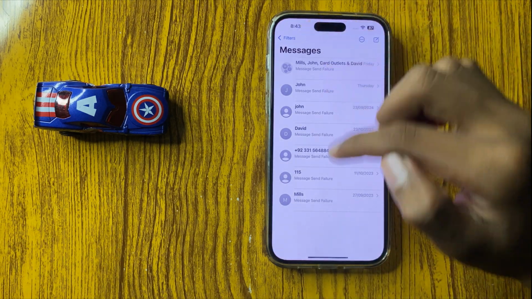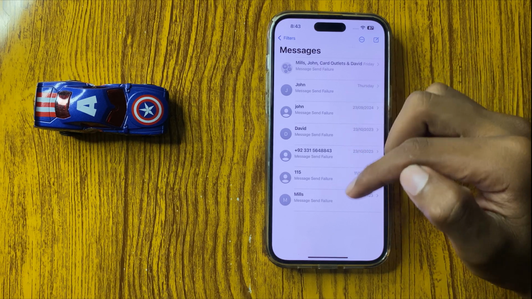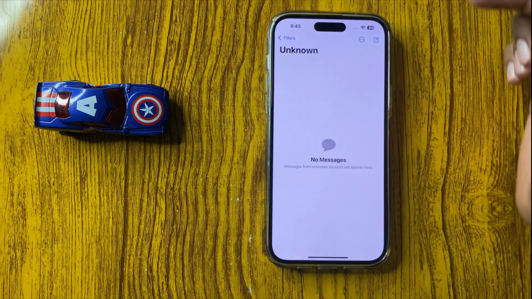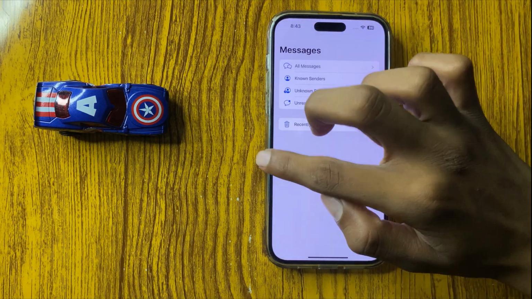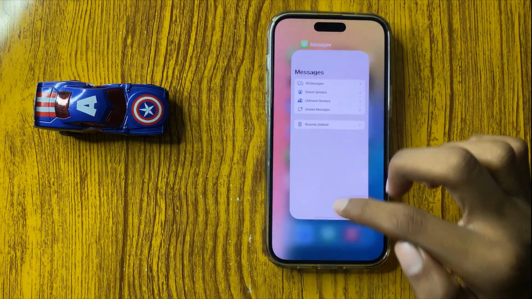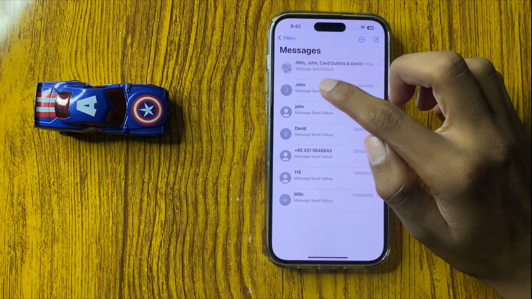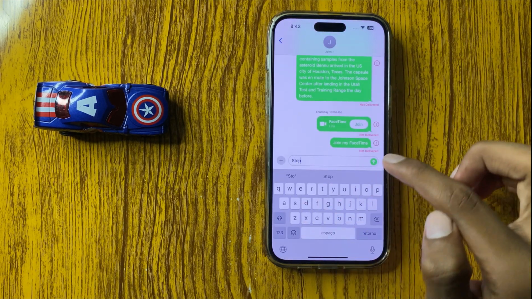and your unknown political text messages will be shown in your filters. Click on Unknown Senders and here you can see your political text messages from unknown senders, and go back and open Messages. And if you want to stop it, then simply open a chat and write here STOP and